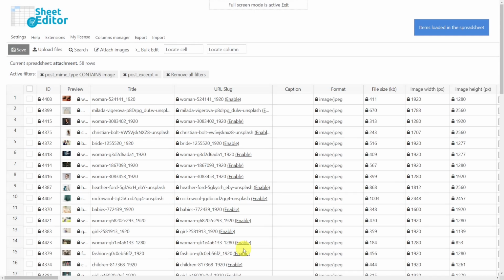After we have filtered all the images we were looking for, we can go ahead and make the changes needed, either directly in the spreadsheet or using the bulk edit tool. As you can see, it's really easy and fast to filter all your images with empty caption using the media